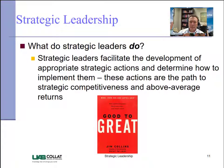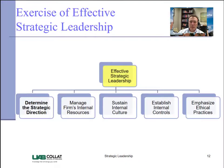Hewlett-Packard's CEO lasted a fairly short period of time, but it was probably because he engaged in false expense reports. So what is it that strategic leaders actually do? It's not a black box that makes decisions about strategy. We now will look at the elements of what it takes to be a good strategic leader, and we'll take